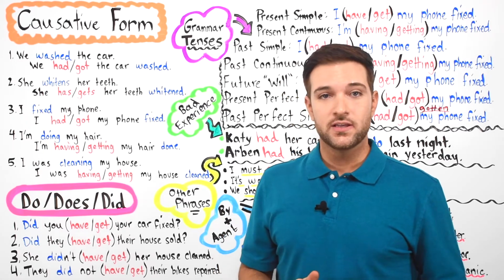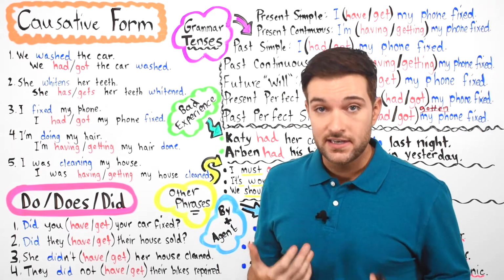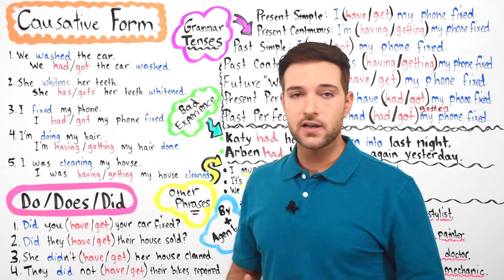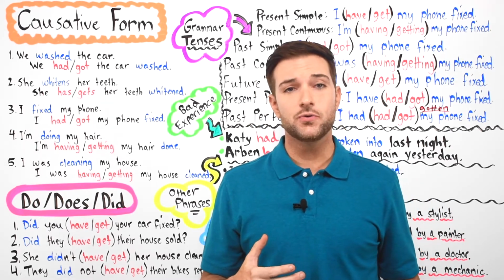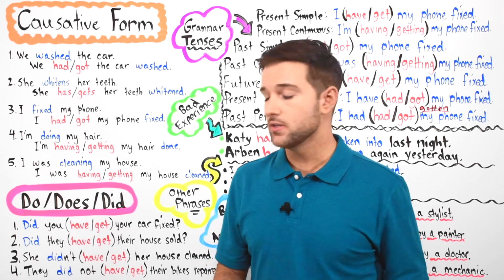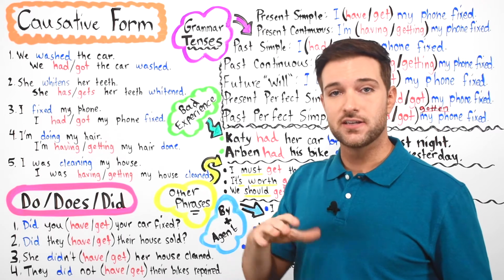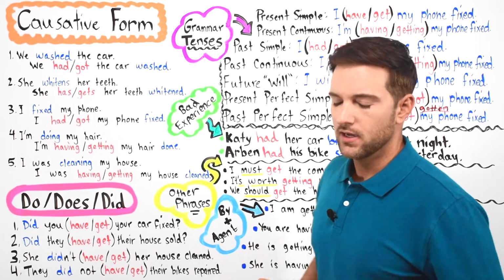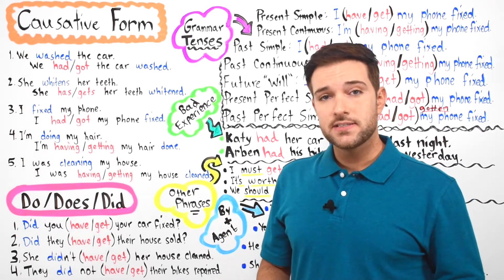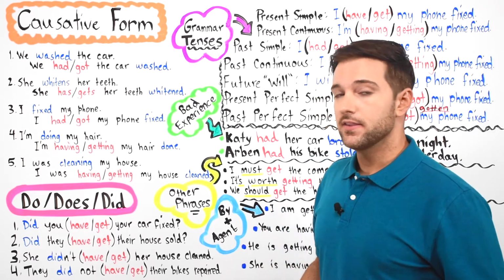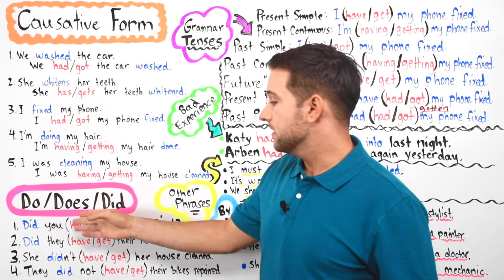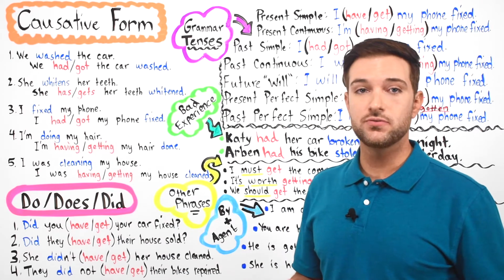All right, so in interrogative and in negative forms, okay, interrogative means you pose a question, you ask a question, and then negative means, well, you have positive sentences and you have negative sentences, so negative is easy. I'm sure you understand. In the present simple and the past simple, these are formed with do, does, and did. Okay, so do, does, and did.